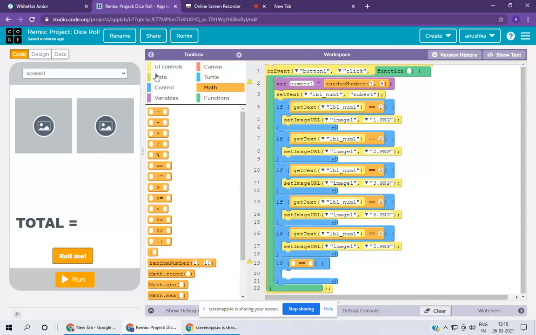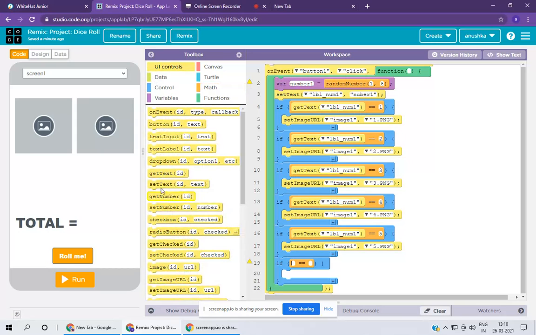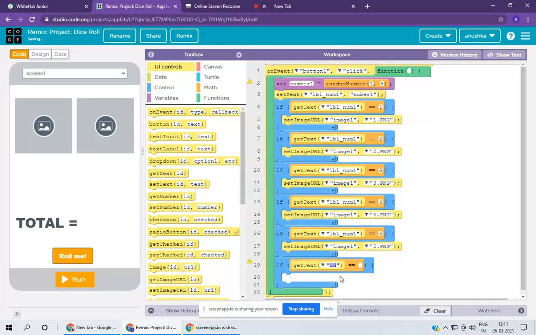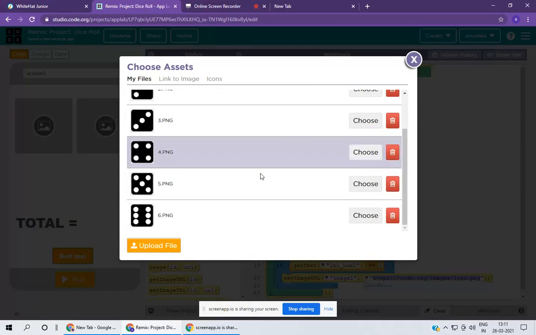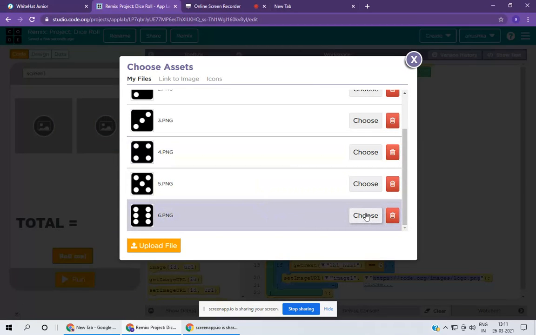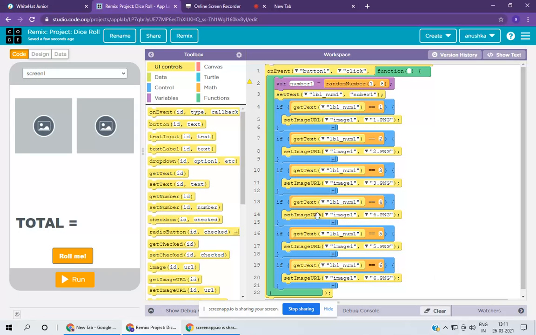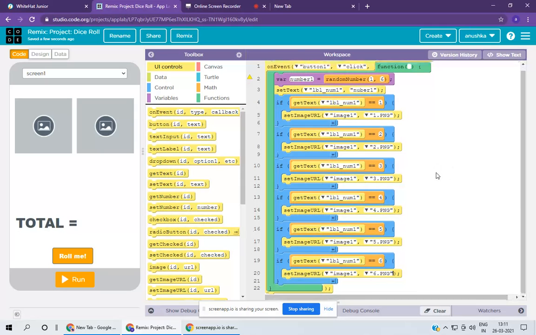Now take get text in UI control, then change id into label number one, and here equal to 6. And now we need set image URL, id equal to image number one, and choose 6.png. Okay, so guys, we have completed this coding for image number one.